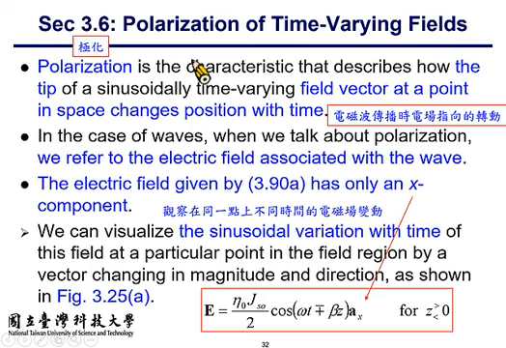The title of this section is Polarization of Time-Varying Field. Polarization, 中文叫极化。好吧，讲点小故事好了。